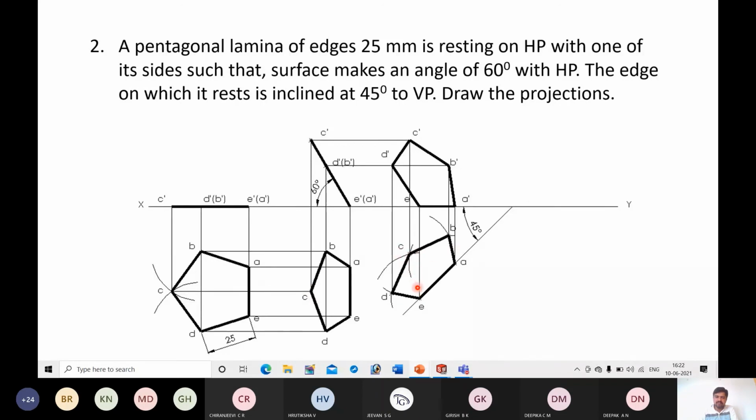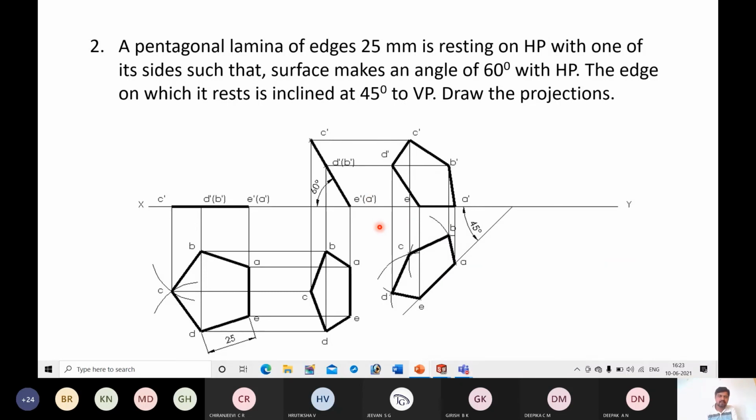Similarly, after getting point C, now you know C and E. Take the radial distance between E and D. From E, draw an arc. Next, take the radial distance between C and D. From C, draw an arc. You will get point D. Similarly, repeat the same procedure. Take the radial distance between A and B. Take A as center, draw an arc. Next, take the radial distance between C and B. Take C as center, draw an arc. You will get B. Then connect this. You will get this view. Next, project the points and get the final view.